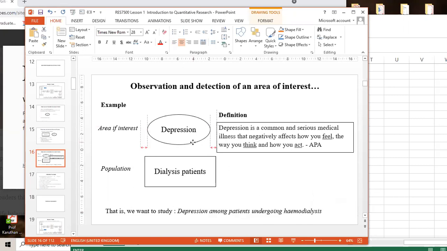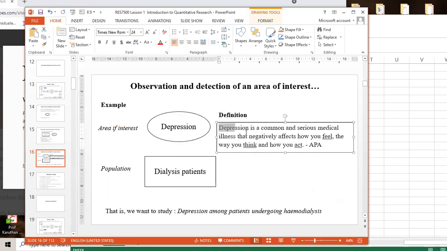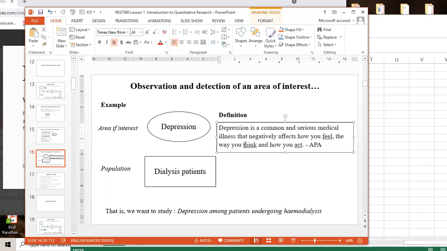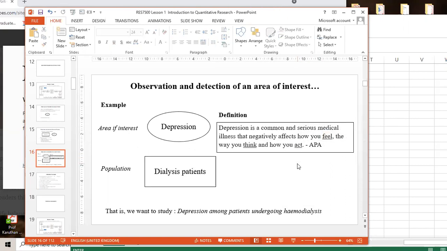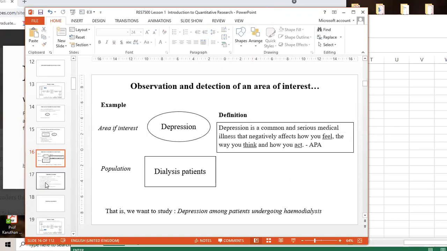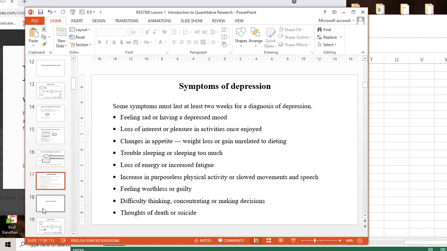But this is my area. This must be clear cut, the definition must be well known. I'm getting the definition to get the keywords: feel, think, and act. So there I can get a questionnaire that covers all these areas. Because I'm going on this definition, somebody can't say this is not the right thing to do, because it is based on some reputable agency, right? So all of you, as a homework, this is what you're going to do today. Next time I'll come back to this.